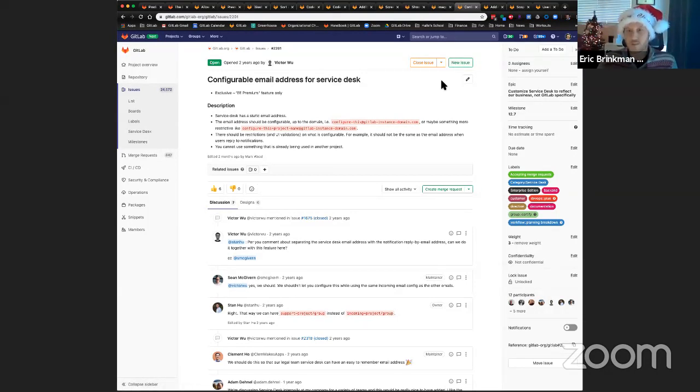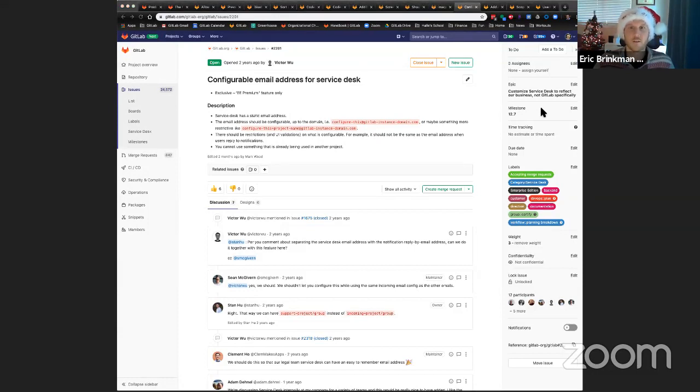When you use a service desk today, you get a pretty long email that is automatically defined for the email that you're supposed to use to send service desk interactions to. And we've had a lot of customers come to us and say, I'd love the ability to customize this email. And so I'm excited to announce that in GitLab 12.7, we're planning on allowing for customizable email addresses to interact with the service desk, which will make that experience a lot more delightful and more useful. So let us know what you think in this issue and if this is something that you're excited about.